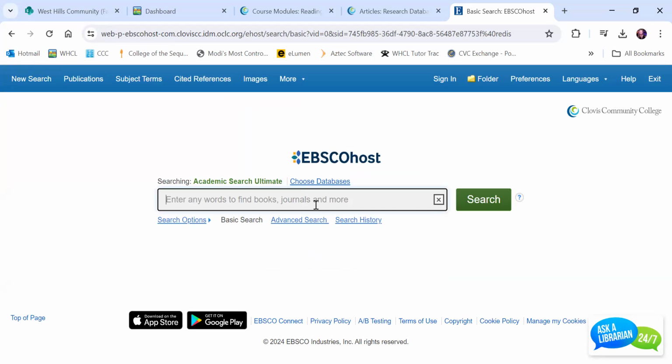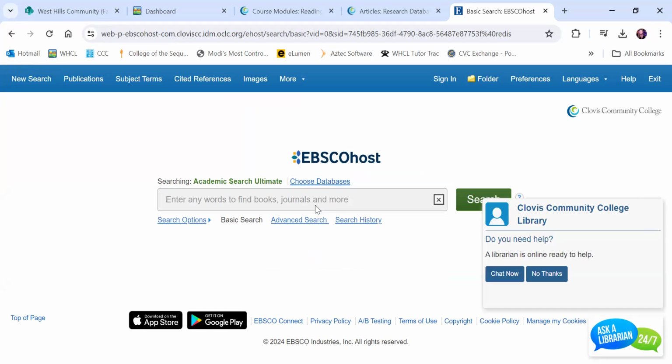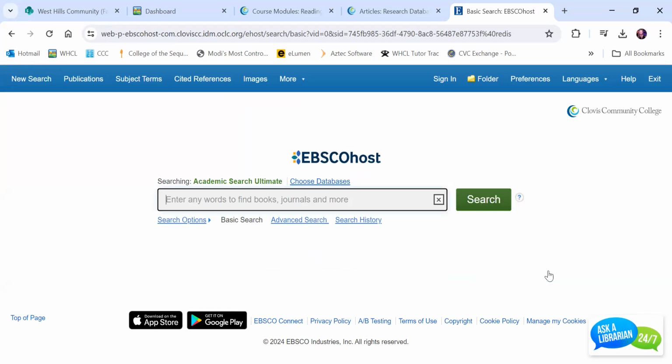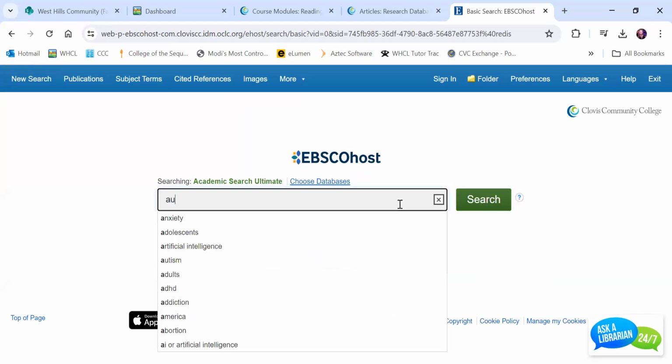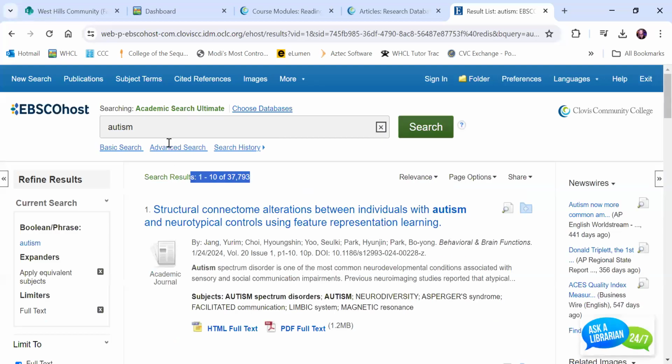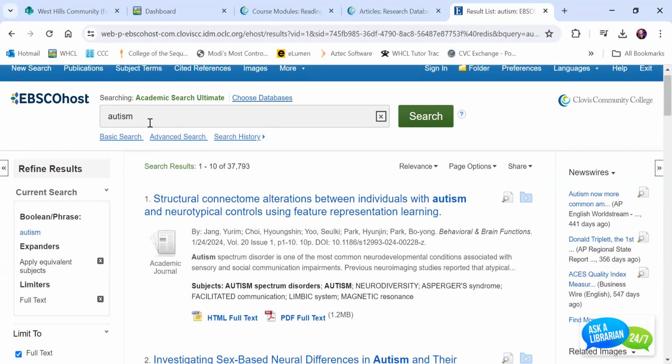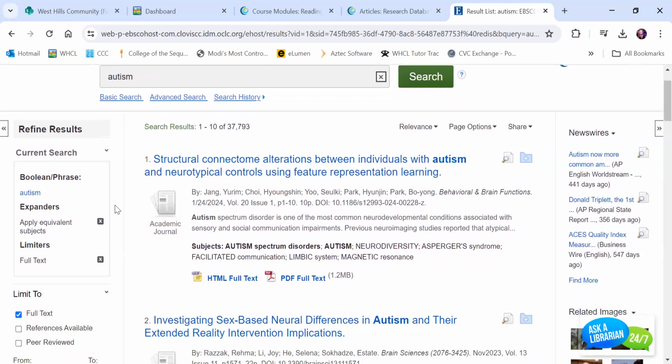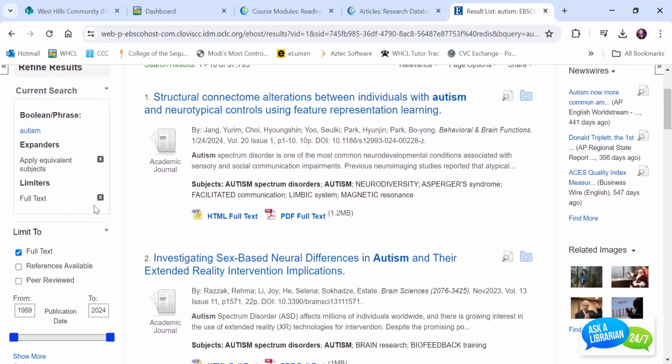We're going to take a topic today just to play around with. I'm going to choose, oh, and this little library box will continue to pop up, but I'm going to choose autism. All right, so I'm going to search autism. Notice I just did a very broad search, which of course is going to result in me having a lot of sources. So what you can do is either limit your search terms or go down and begin to